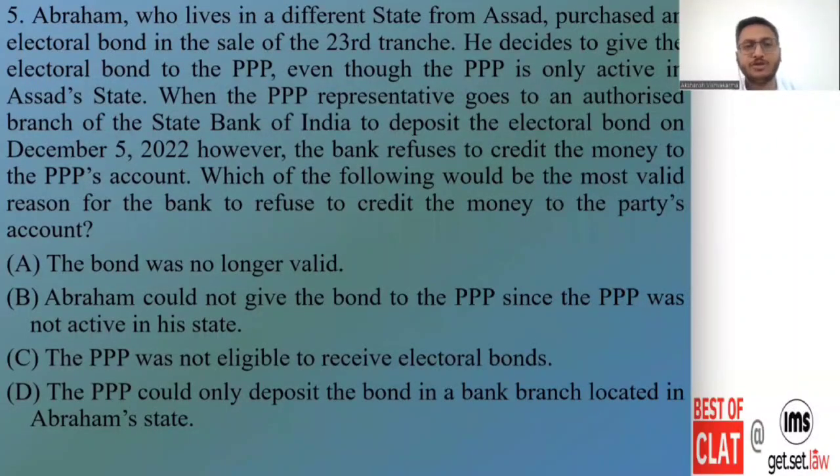What does option A say? Option A says the bond was no longer valid. Students, as you can remember, in the passage it was clearly given that the 23rd tranche of the bond was released on November 9 and the bond is valid only for 15 days. Here, as we can count, from November 9, December 5 is clearly out of the date. So therefore the bond is no longer valid. It has to be deposited within 15 days of the issuing date of the bond. So option A is